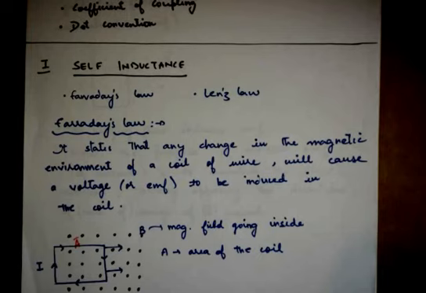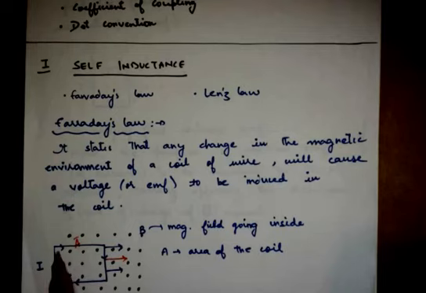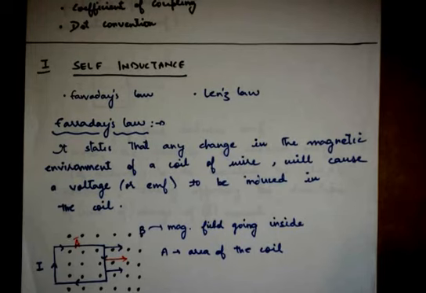As you can see from this image, the coil is moving inside the magnetic field, meaning in this direction, from left to right. As the coil moves inside the magnetic field, the flux is changing continuously due to the varying area. The area which is continuously interfacing with the magnetic field increases as the coil moves inside. Therefore, according to Faraday's law, if there is any change in the magnetic field, an EMF will be induced.